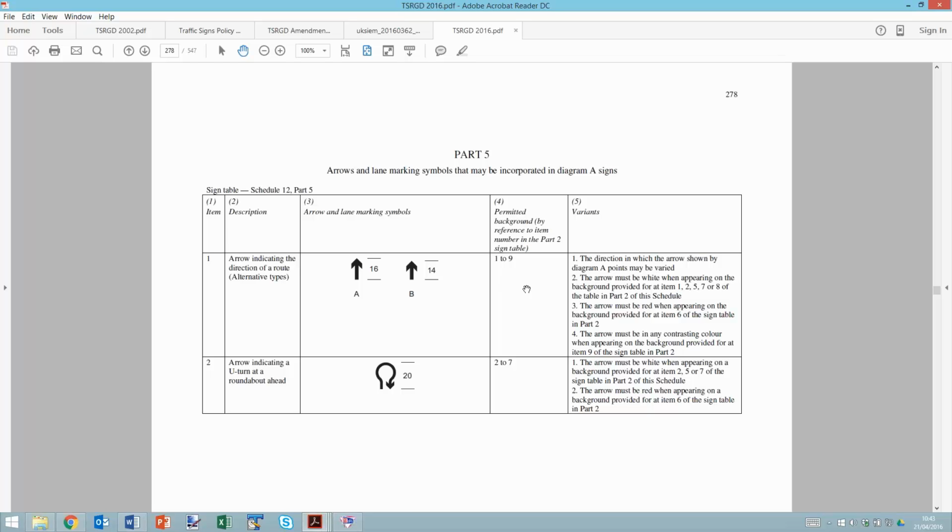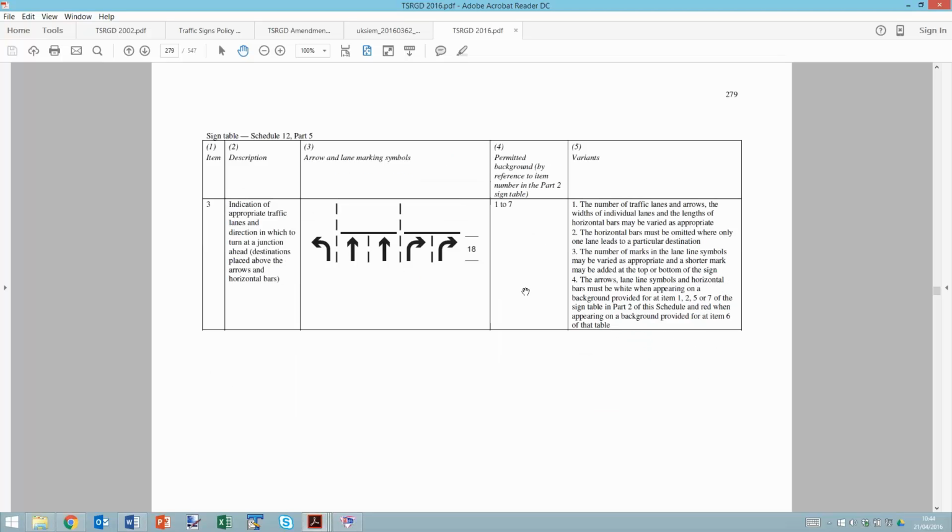So here what we've got is the new document doesn't have many example signs in there, certainly not on the direction signs, because it's so flexible. What they've done, in fact, is actually prescribe the components for use on direction signs. So it's rather strange, I think, to see these components in isolation.